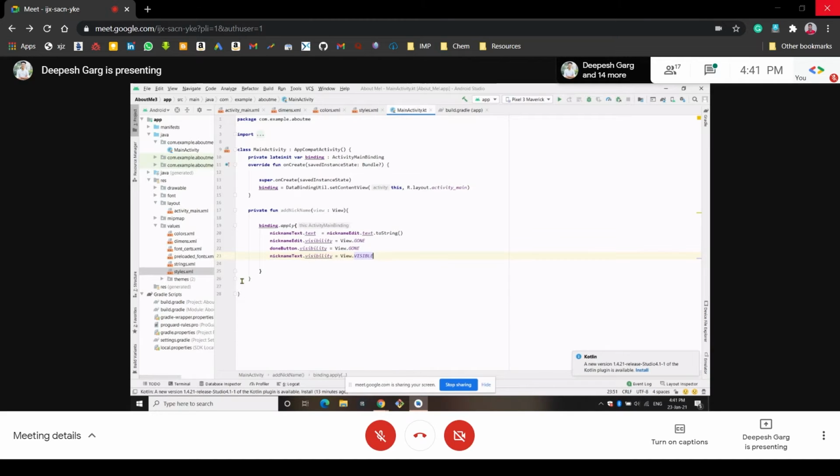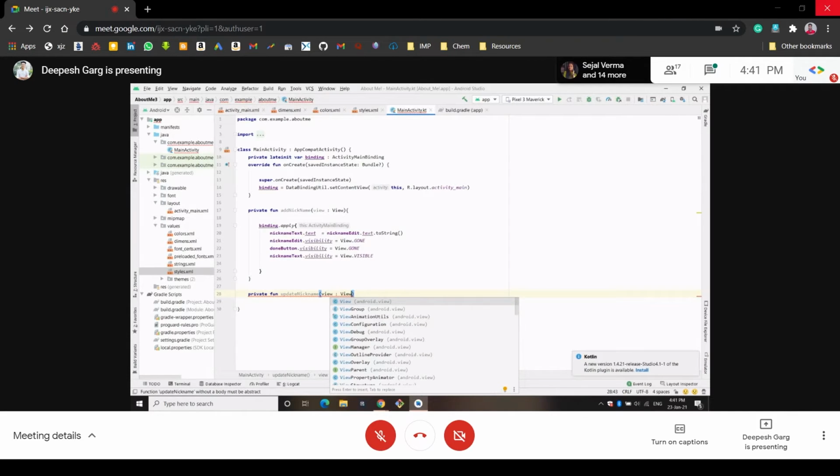So let's create another function called update nickname, so that the user can update his or her nickname after giving the nickname once. We'll create one function called update nickname. We again want some arguments here, and it is a type of view. We'll write here view. Okay, so we want to create this.